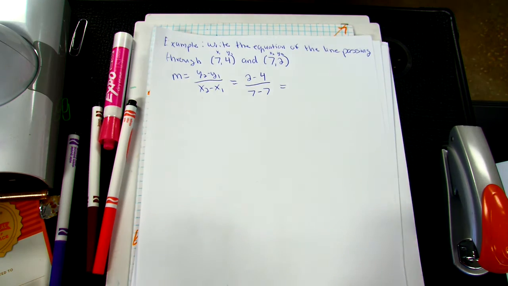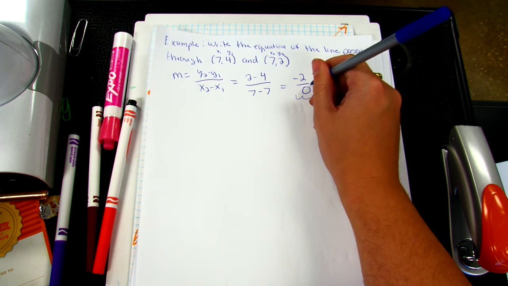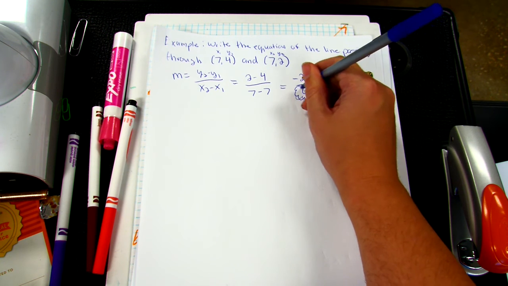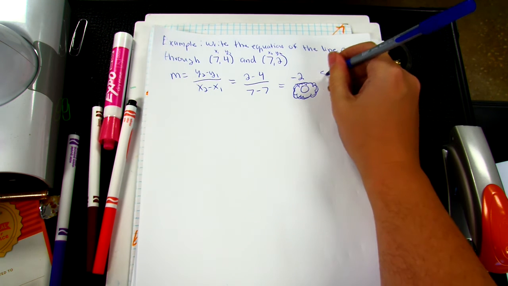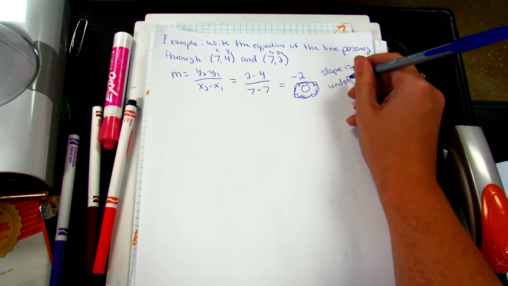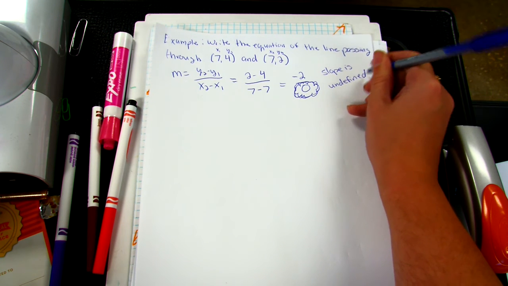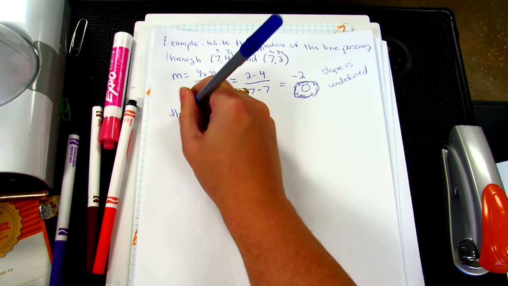And what do we get? We get negative 2 over 0. Okay, so if we have 0 in our denominator, that's a problem. That means that it's undefined. The slope is undefined. And remember, if the slope is undefined, that means